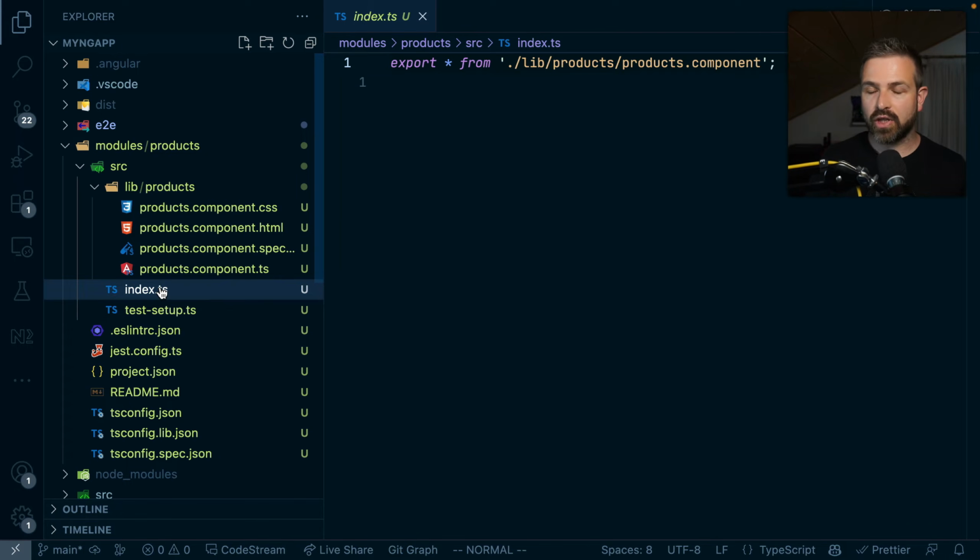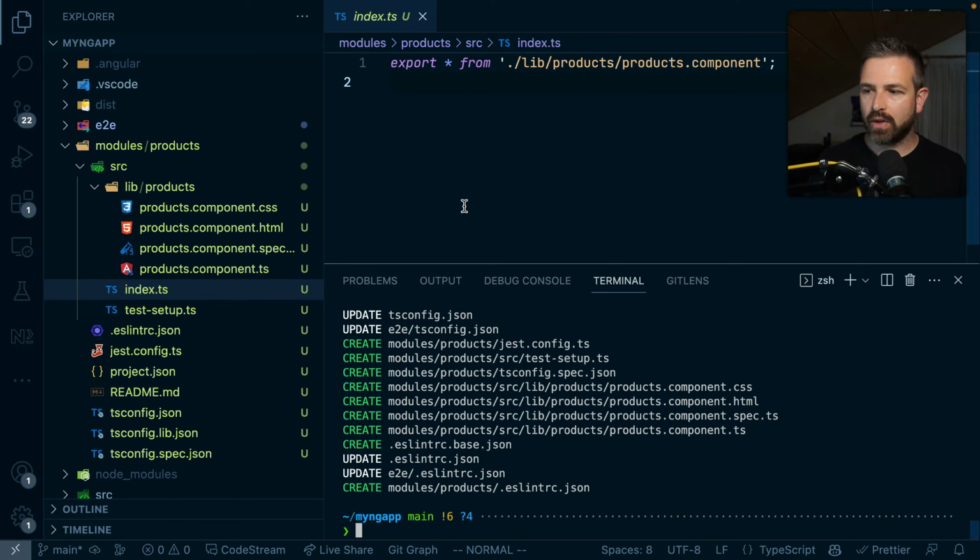It also has an index.ts file, and this is basically the public API for your library. Here you control what components or other types of utilities you want to expose to other libraries and your application. This gives you a very good control point of what should actually be just private and what should be exposed. Now let's also generate another library